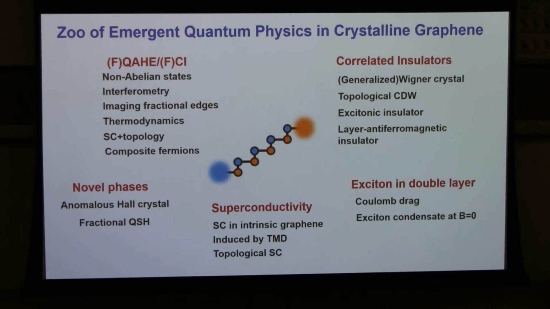And the last thing is, if we have flat band in a single flake that is rhombohedral stacking, we can possibly build more complicated structures, maybe by two of such layers separated by a thin barrier like hBN, and let the electron and the hole in these two layers talk to each other and form excitons. I remember Feng Wang was talking about this maybe a couple weeks ago. We think this is a nice system to explore that type of bosonic physics here. Okay, with this, I'd like to thank you for your attention.